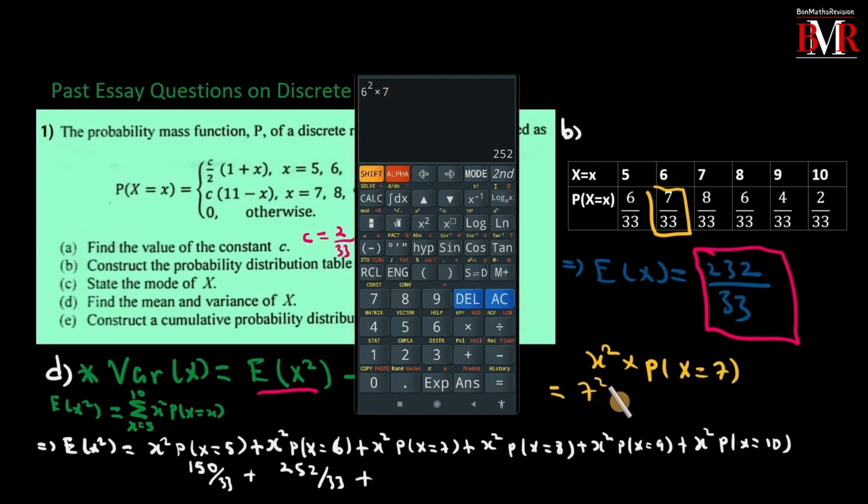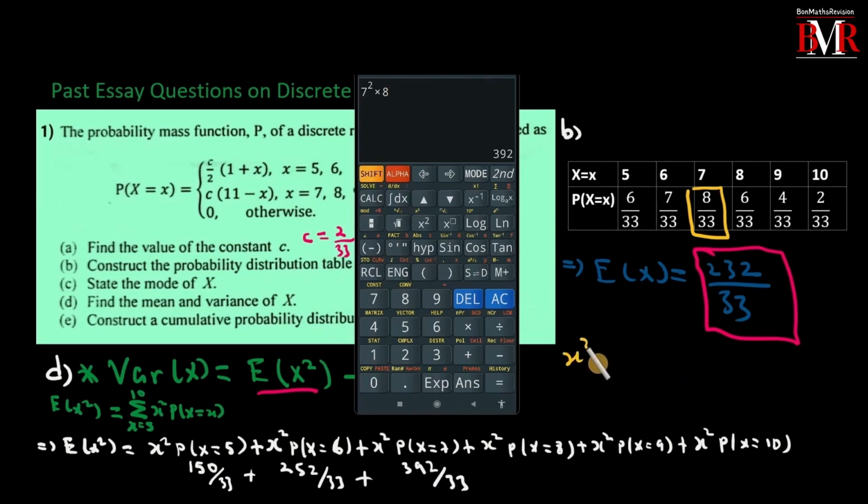Which is 7 squared times 8 over 33. That is 8 over 33. Which is equal to 7 squared times 8 is 392 over 33. So here is 392 over 33 plus x squared times the probability of x equals 8,